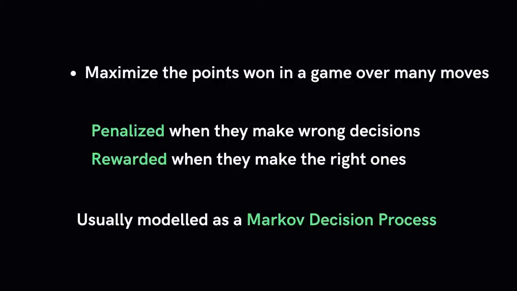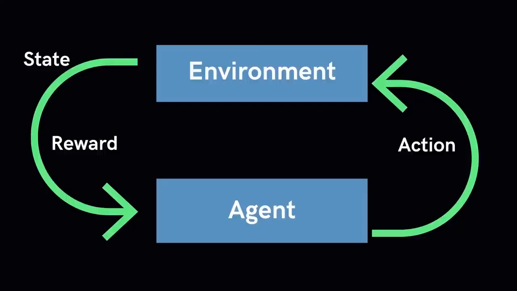Reinforcement learning is usually modeled as a Markov decision process, although other frameworks like Q-learning are used. Some key terms that describe the elements of a reinforcement learning problem are the environment, which is the physical world in which the agent operates. The state represents the current situation of the agent. Reward is feedback received from the environment. Policy is the method to map the agent's state to the agent's actions. And finally, value is a future reward that an agent will receive by taking an action in a particular state.